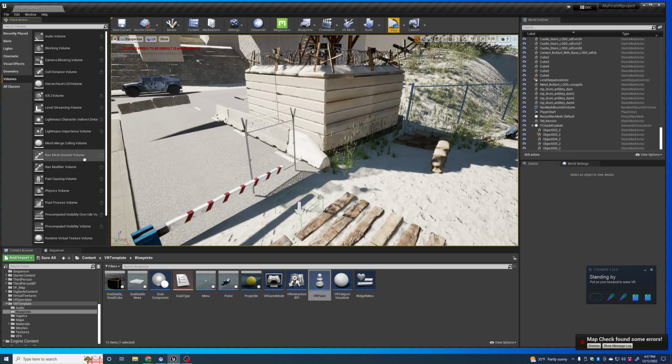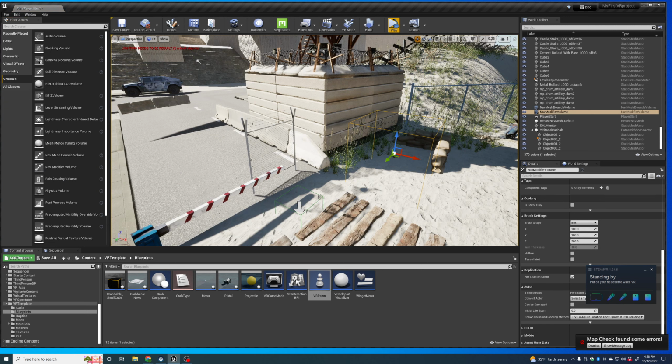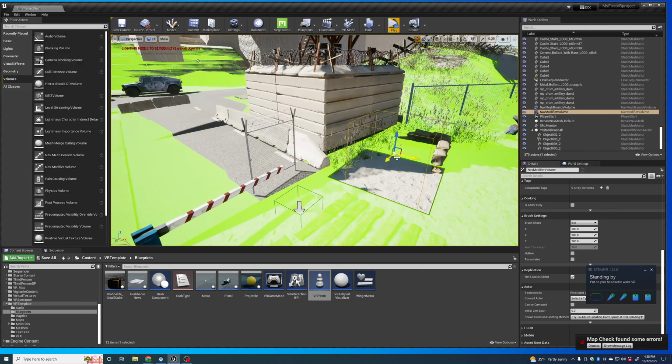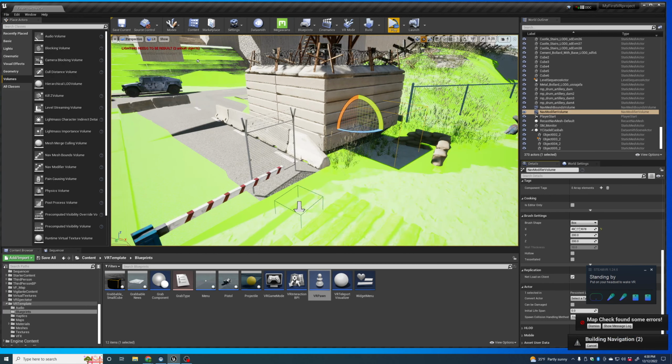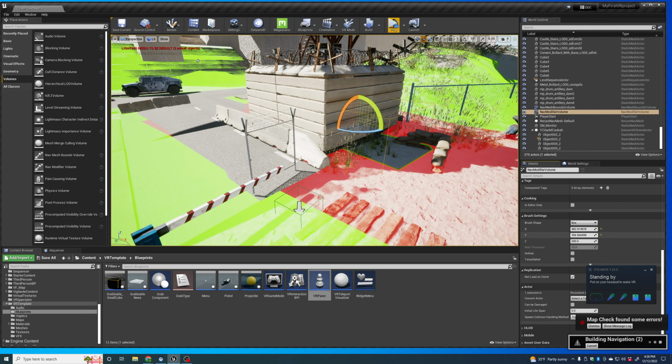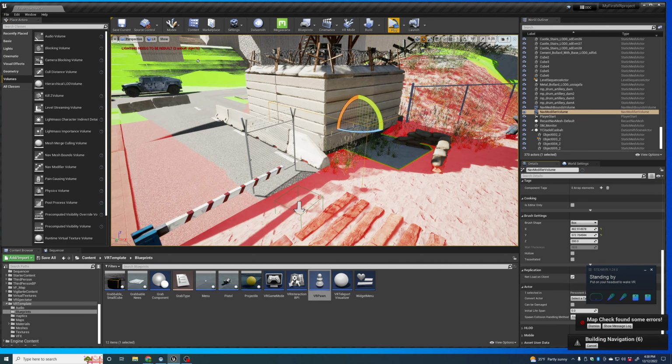Or you could add a nav modifier volume. And so now if I hit P again, you can see I can effectively create an area that will sort of negate my nav mesh bounds volume, right? And it works exactly the same way as the nav mesh bounds volume, except it just has the opposite effect,